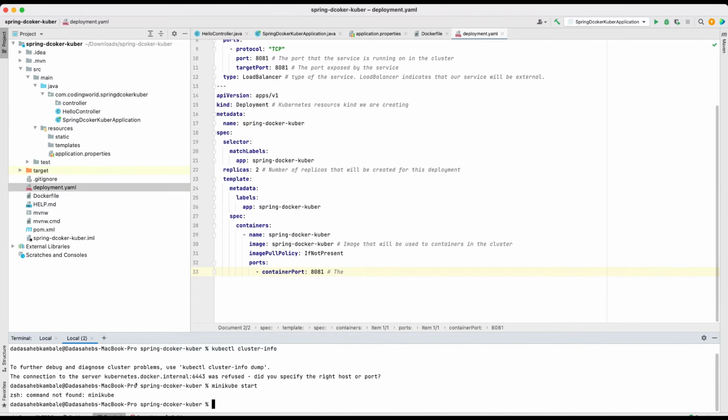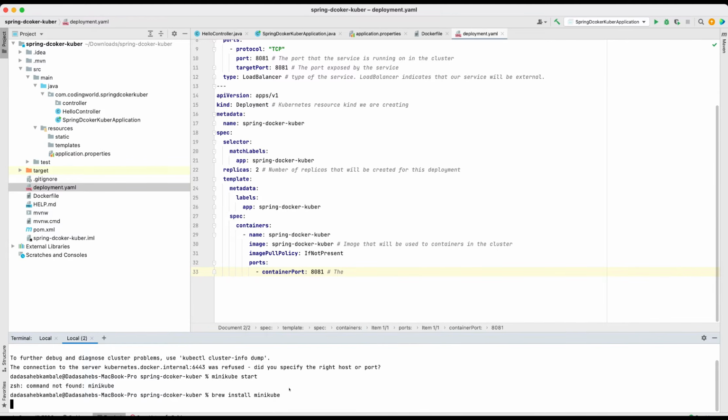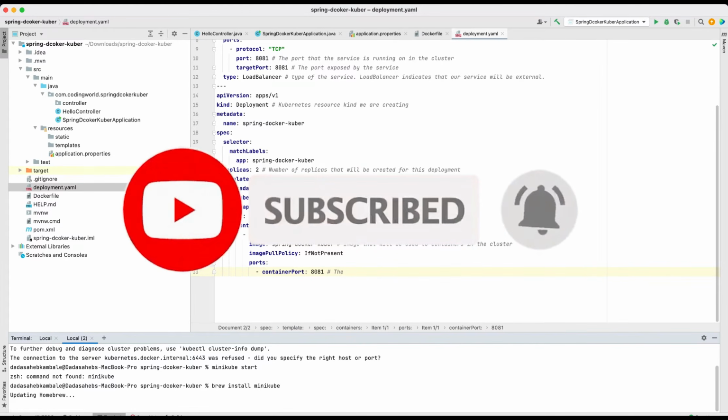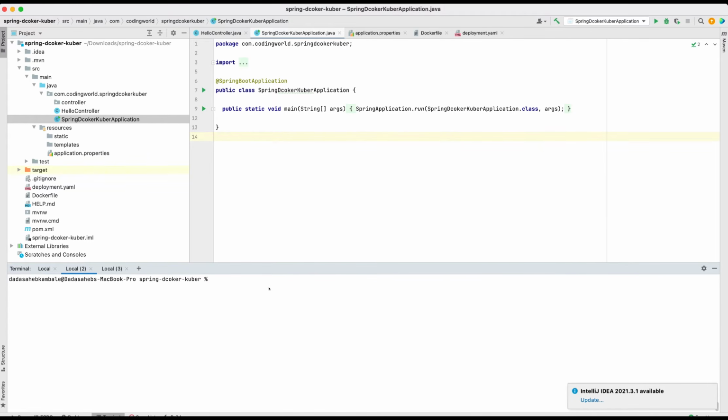This is a common issue because you have successfully installed Kubernetes, but to run Kubernetes locally we need Minikube. Minikube provides a single node cluster of Kubernetes for your local purpose. You will get this issue when you start deploying your application. So to solve this issue, let's first install Minikube. It will take a little time, so I am pausing my video for that. So finally we have installed Minikube and we are ready with our Minikube cluster.